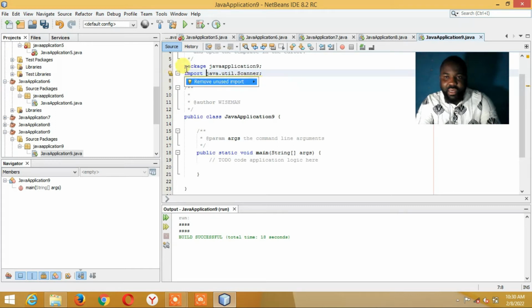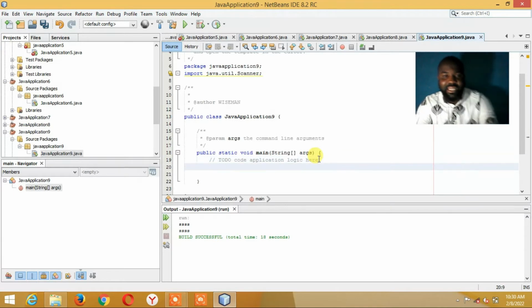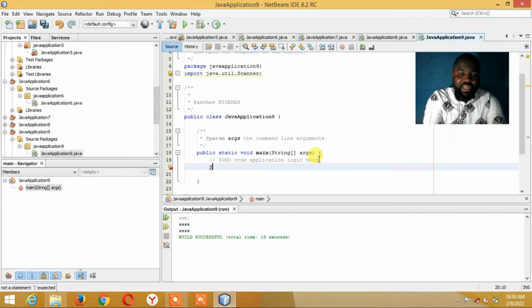Okay, so it said remove unused import. It means that I have to write a code which will be able to use the import functionality which I just typed. So you write the code to use the import functionality. You type scanner, and the scanner functionality is going to